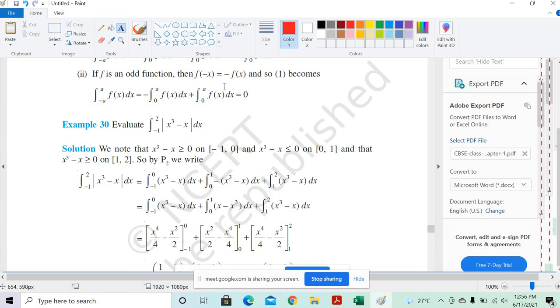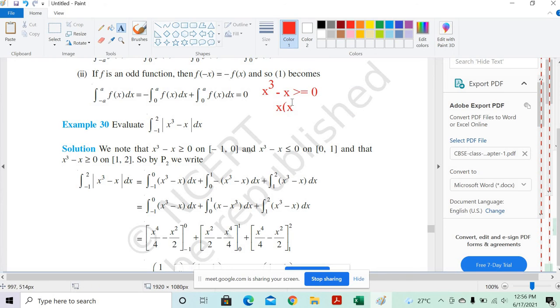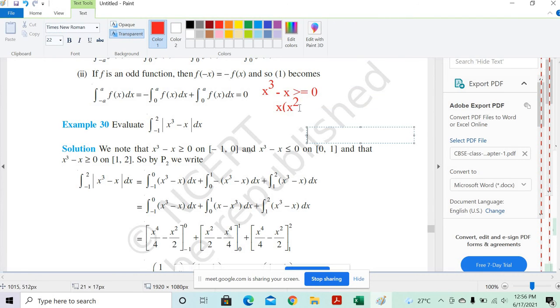Since you have not done this part, absolute value, okay? So absolute value means x cube minus x has to be greater than 0, correct? So let's put down x cube minus x, the entire term has to be greater than or equal to 0. So what will be the values of x now? Greater than or equal to 0, okay? Now x you take common, it will become x into x square minus 1